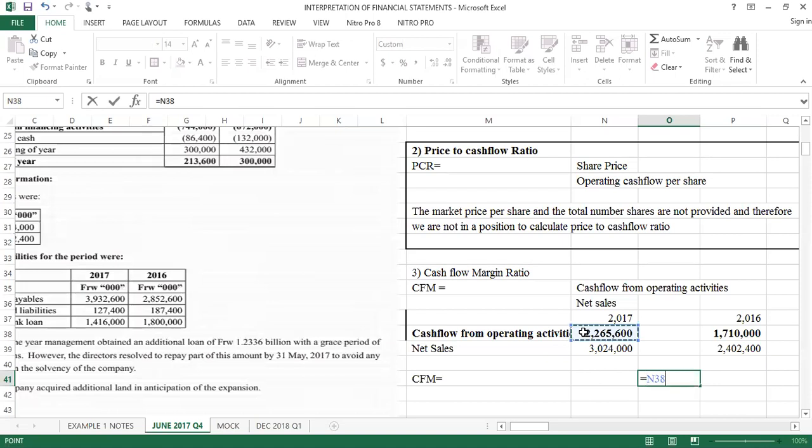I just bring it there. That divided by that. Of course, I'll